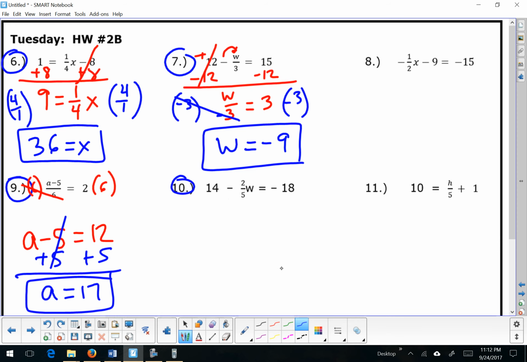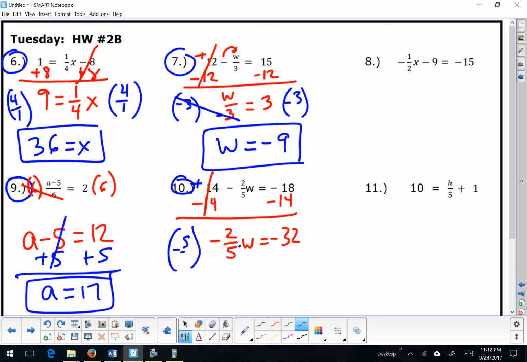Okay, last one here. Here's the variable, there's the constant, and that does not belong to 14, right? This belongs to the w. So my 14 is actually an invisible positive, so I'm going to subtract 14 from both sides. Bring down my negative 2/5, and looks like I'm going to get a negative 32 here. So my coefficient is a fraction, so I'm going to multiply by the reciprocal, negative 5/2, and now